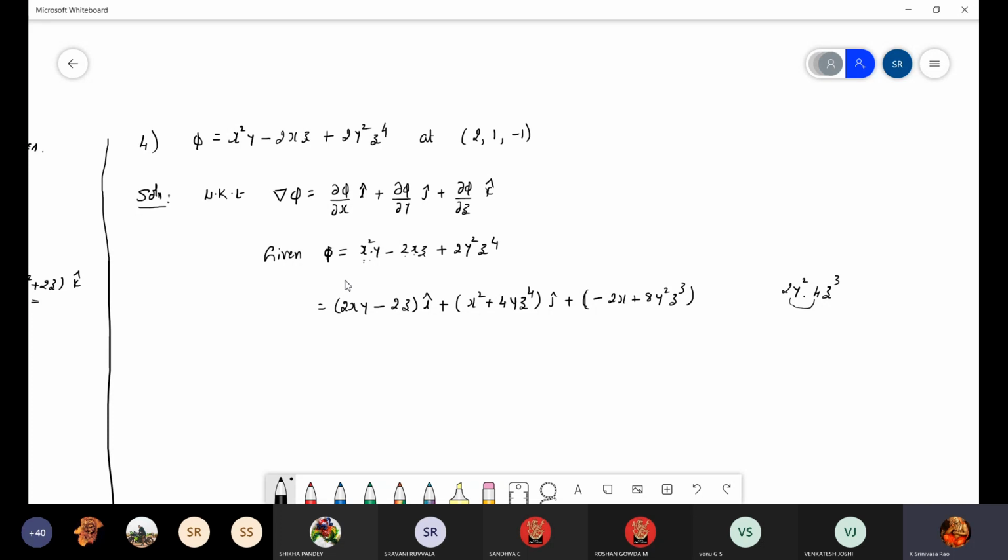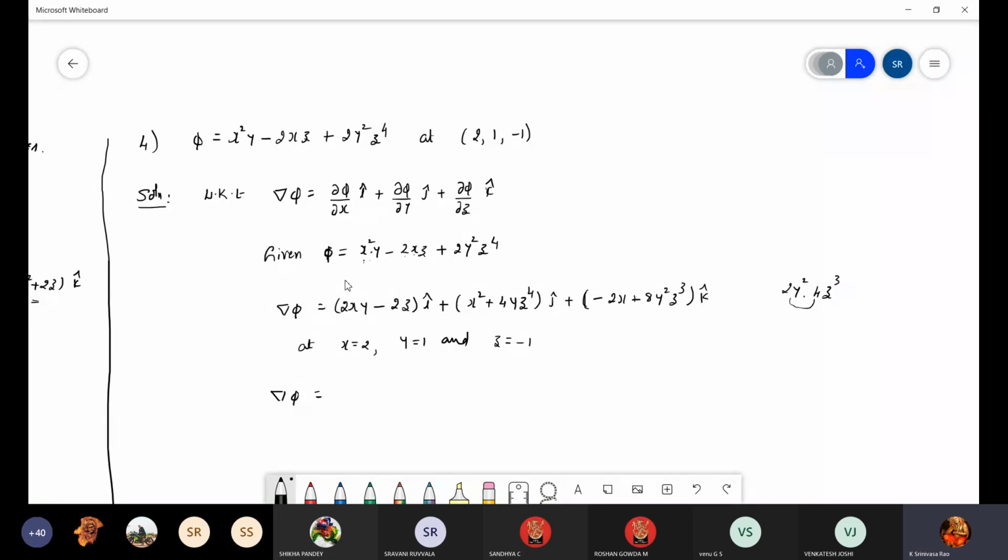So try to write directly; with this practice only you can understand. Okay, simple partial differentiation. Now this is grad phi. Since the point is given, x equals 2, y equals 1, and z equals -1, what happens? Grad phi